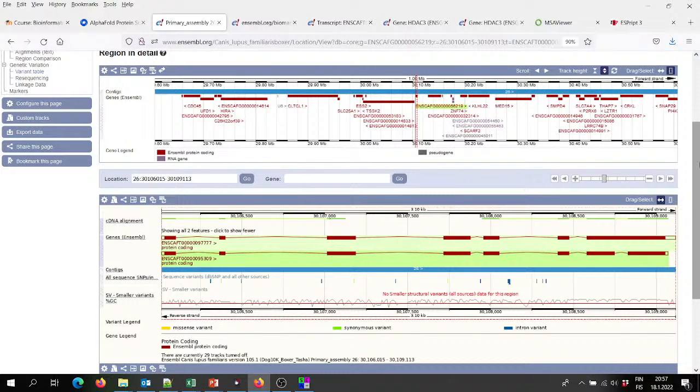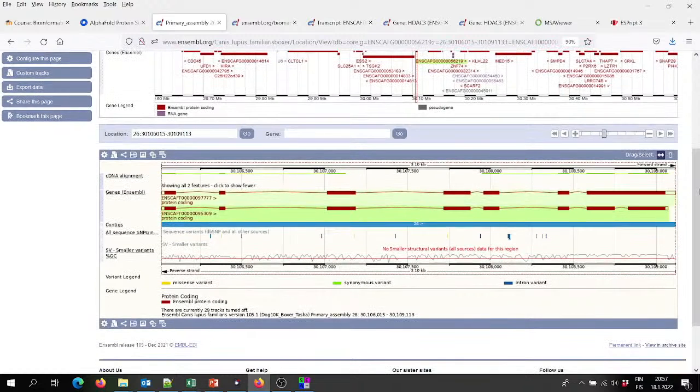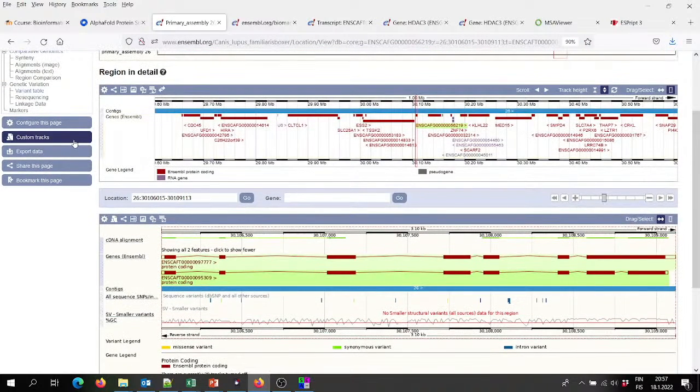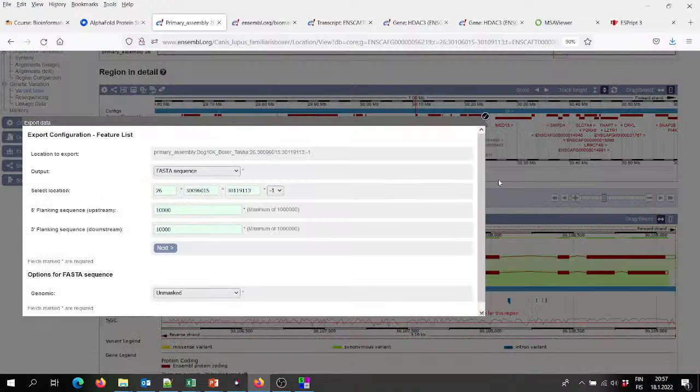We won't do it, but anyway, let's pretend we'll do that and get the coding, the whole genome region plus a few kilobases, just in case there would be additional exons on either side. So we'll go for downloading data, export data. And what we have here is a suggestion, which is exactly what we see here in the screen,